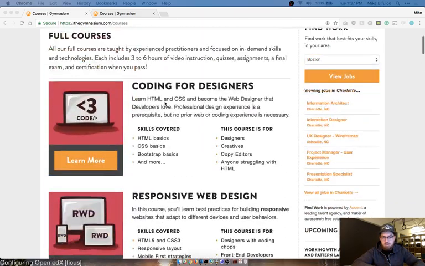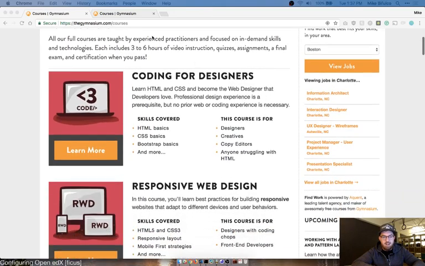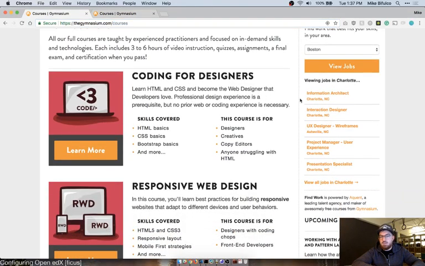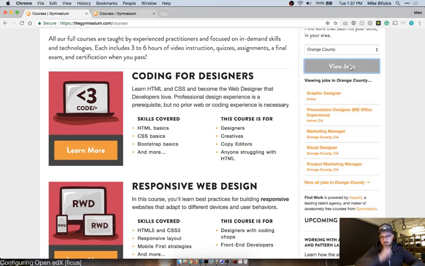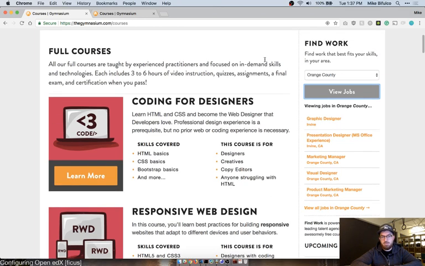We have on gymnasium.com, on certain parts of the site, like our course catalog here at /courses, some job listings, a la these. They are jobs for your area. You can pick lots of different regions that we serve, see lots of different jobs. They work pretty well. In the near future, we're going to be including these job listings on different parts of the site with different goals in mind. So on this page, we're pretty generic about which jobs we include. Find the work that best fits your skills in your area.